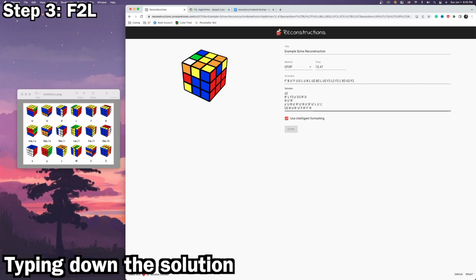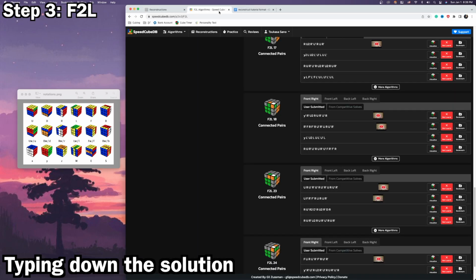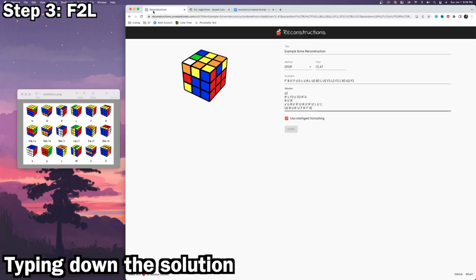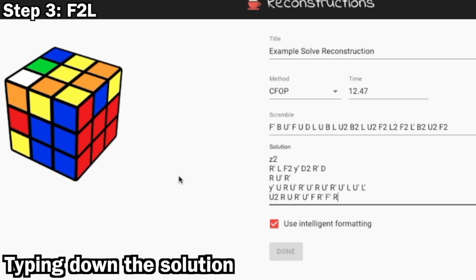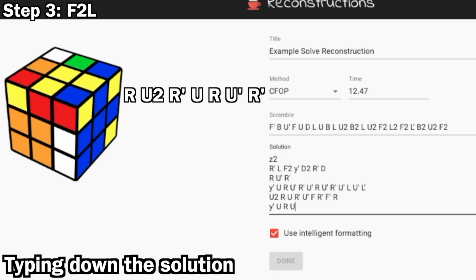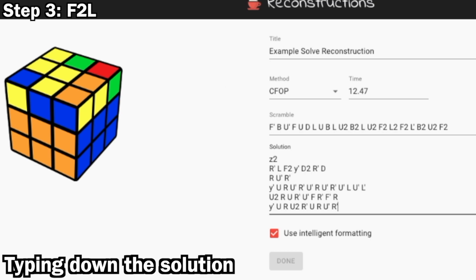Again, you can just type it down. This is a relatively easy case, but if you don't want to, you can always just go back, find your case, copy and paste it down. But for the sake of this video, I'm actually going to be typing this down. So rotate to the left again, U, R, U2, R prime, that made the pair, and then U, R, U prime, R prime. And as you can see, the F2L is done, and we have the correct OLL, which means